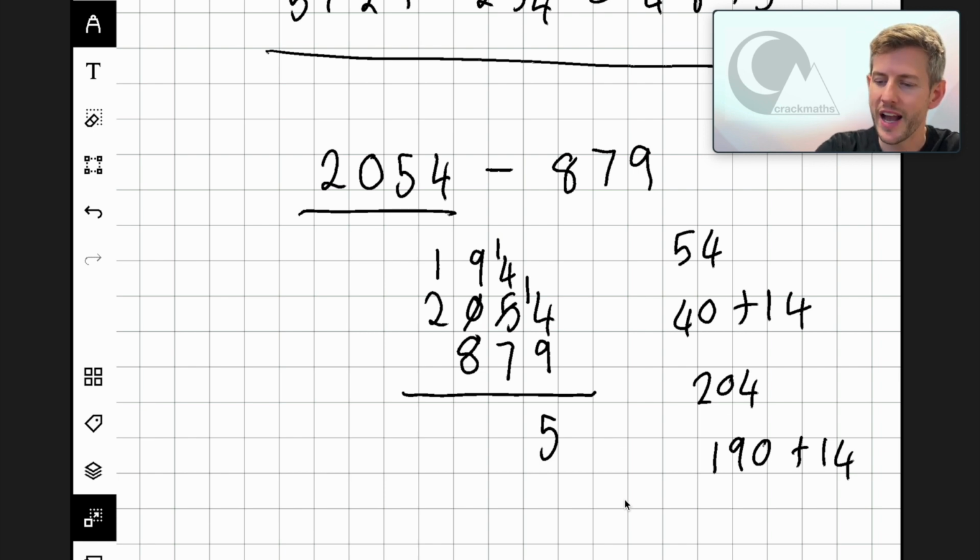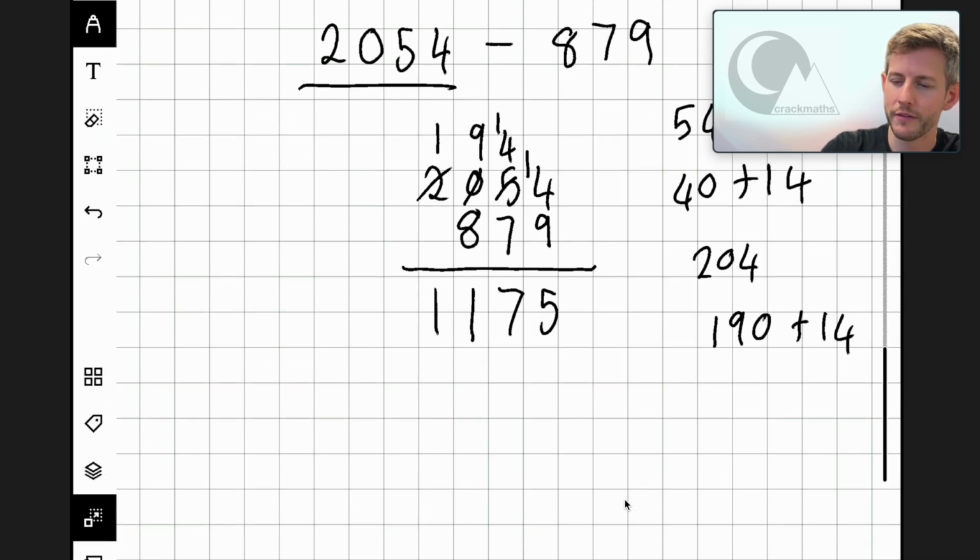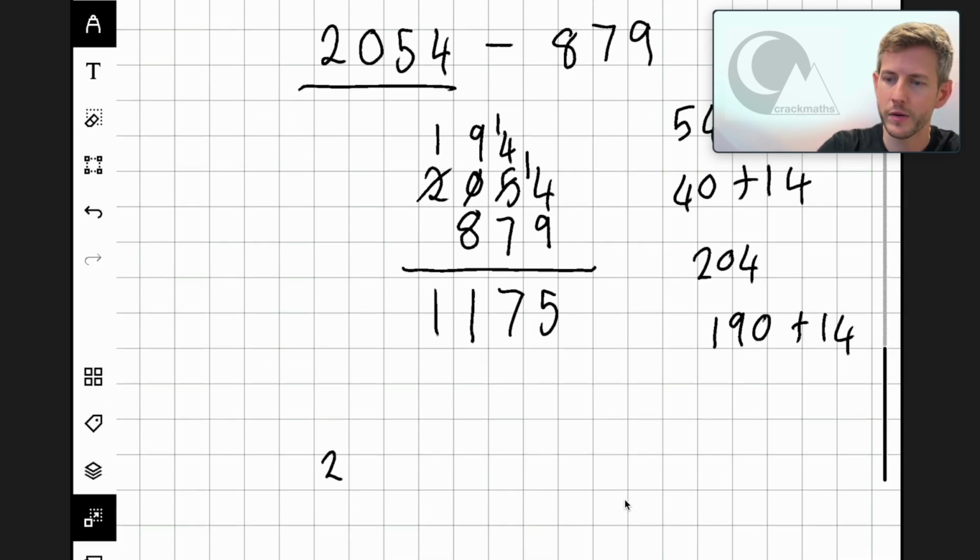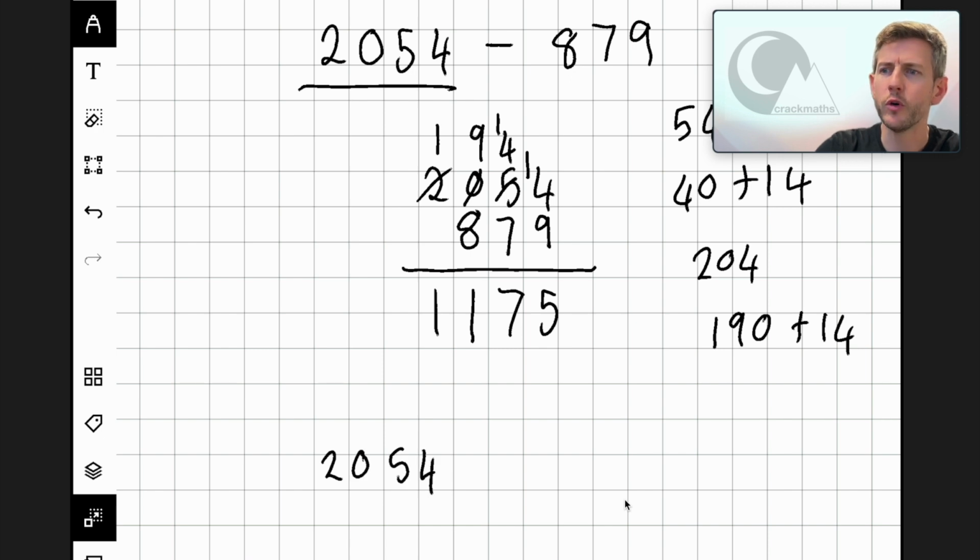So now we've got a 14 take away 7, which can be done, and that's 7. Now we have 9 take away 8, which is 1, and then we've got 1 take away nothing, which is 1 as well. So then we get our answer, which we write at the end. So we have 2,054 take away 879 equals